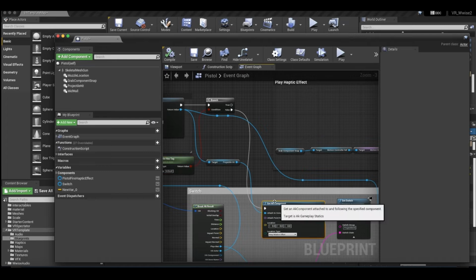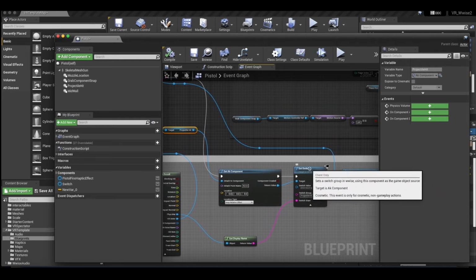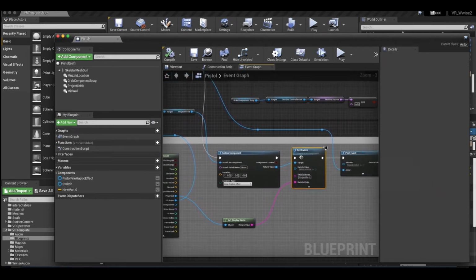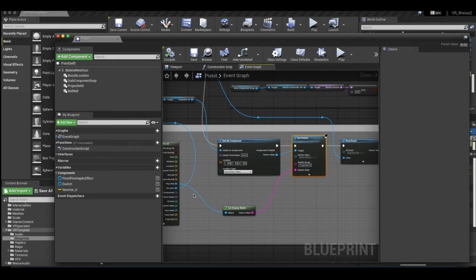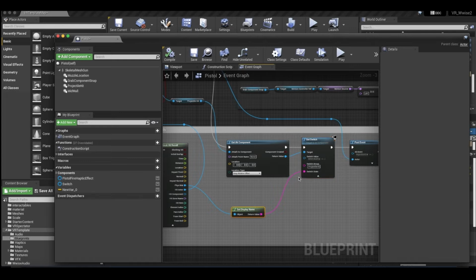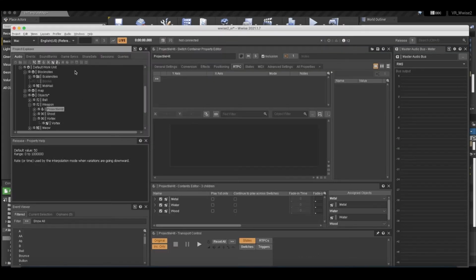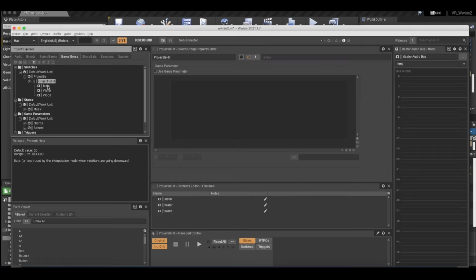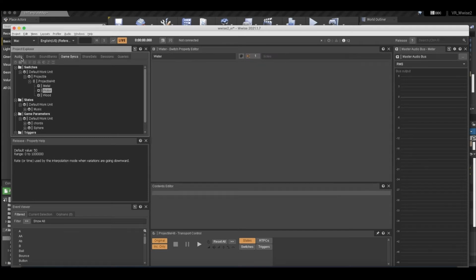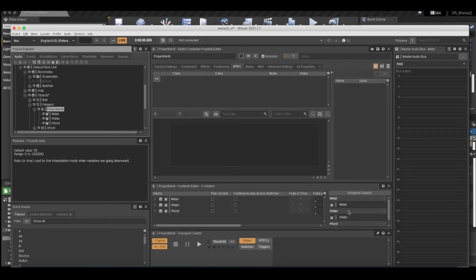We go down to the get AK component. You can see that's routed over to the projectile hit, where we then set the switch. That's where all our materials that we looked at earlier come into play. So if we look at our physical materials hit over here, we get the display name and plug that into the switch state. And then you can look at our switch group over here, which we could take a look at in Wwise. Game syncs, projectile hit, you can see metal, water, wood, and these are the switch groups I added. And here in our projectile hit, we can see the sounds that are played as well, assigned to the